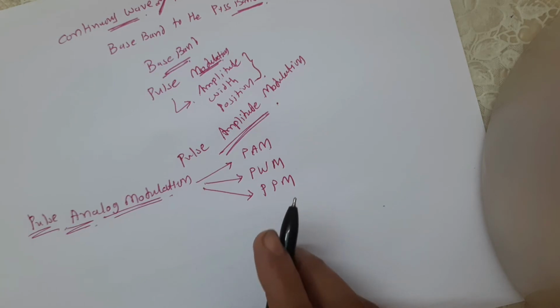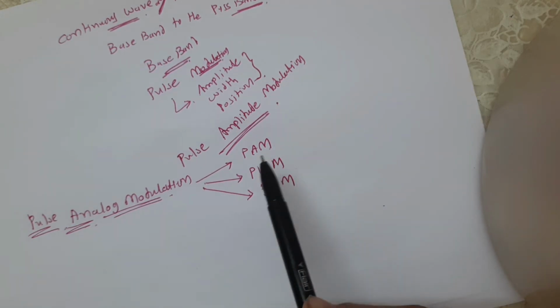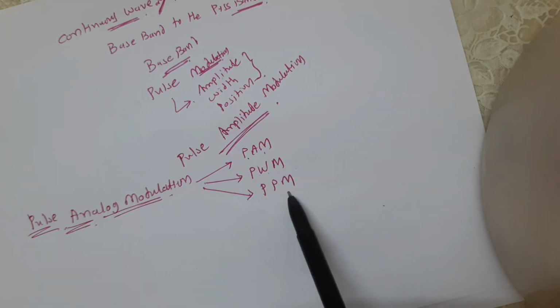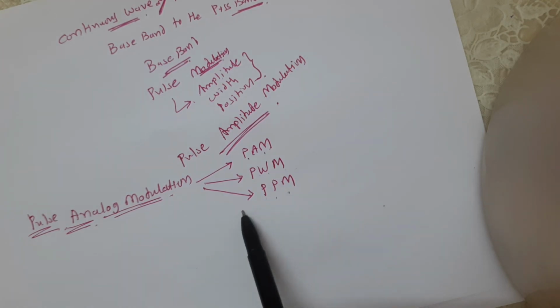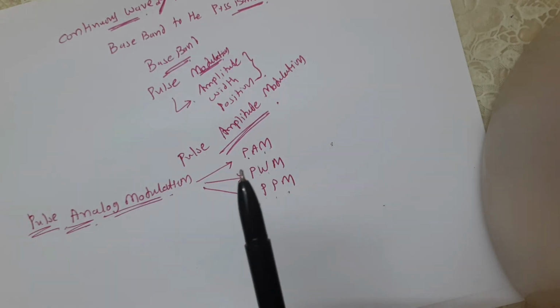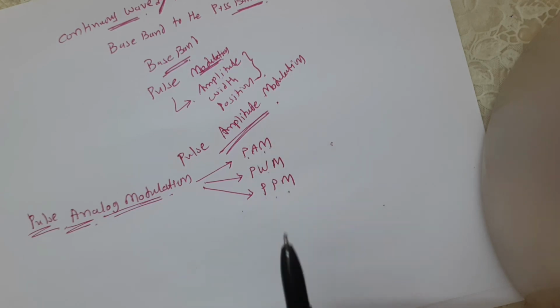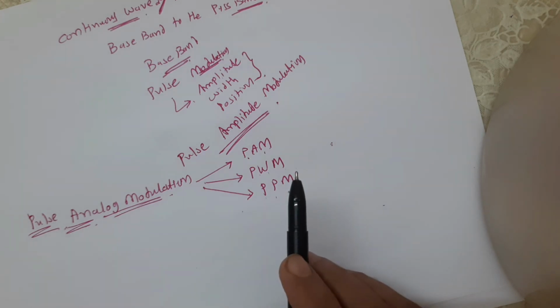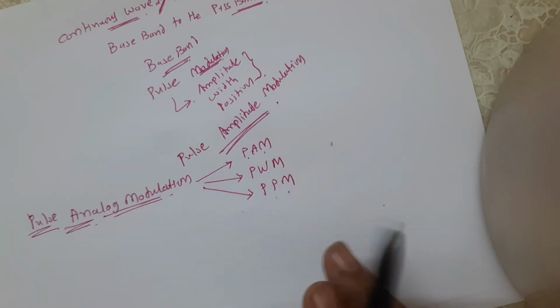That means when the signal is modulated, converted into PAM, PWM or PPM, it is transferred from one place to another. Then again we want to convert this transmitted signal to get back our message signal. That we will discuss in the last stage of this chapter. So first of all, we discuss pulse amplitude modulation, our first technique.